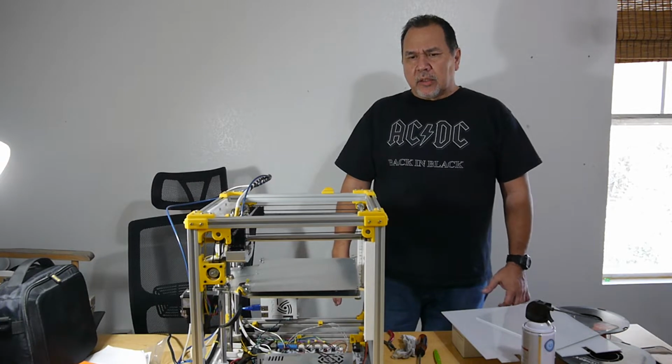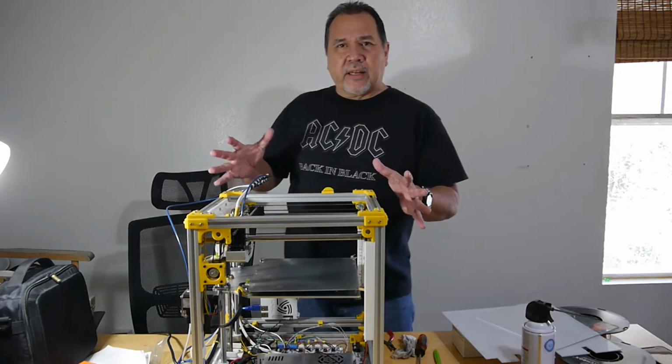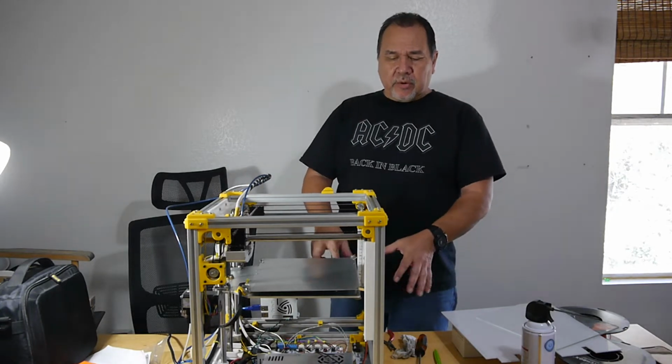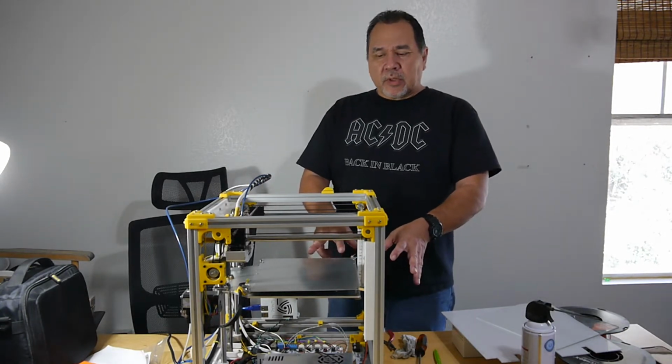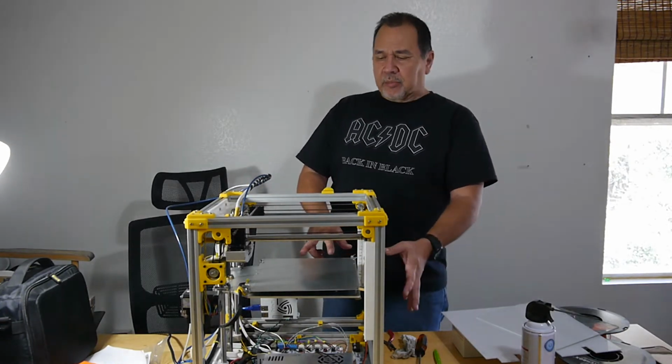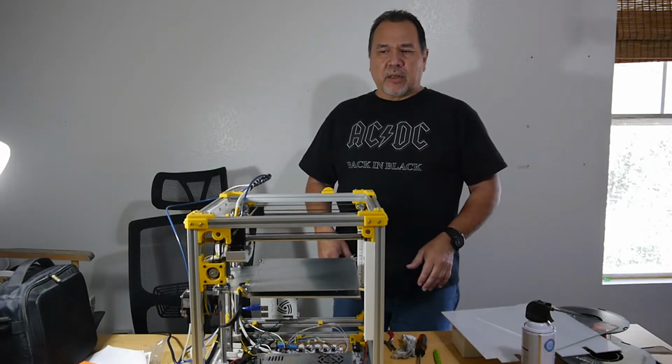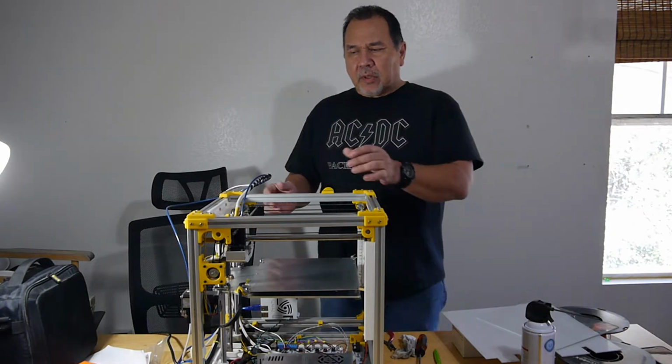So I think whoever did that, I don't know if they got this as a kit and got the board and everything separate, or they got the Ultimaker, the board and the display, and then just pieced everything together themselves. I don't know, but